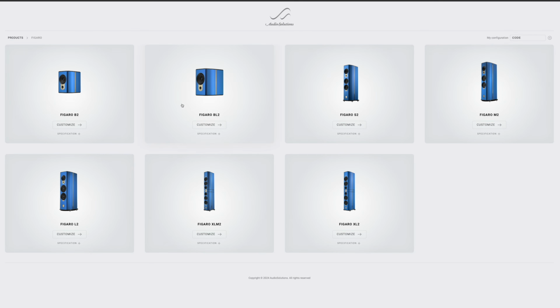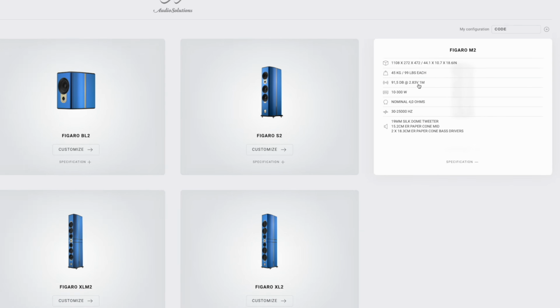But this video is all about customization. And we can see 7 different models in the Figaro range, from a small stand mount to a very large floor stander. And because I'm a greedy audiophile, of course I wanted to get the biggest speakers, but for practicality, I was told it would be the Figaro M2 that would be coming to me for review, which is actually